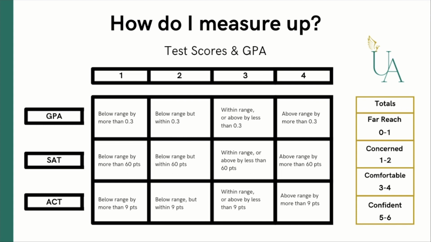Anything that falls between a 0 and a 1, we kind of want to put to the side in terms of applying to. That's a far reach. The reason why we want to do that is mainly because we don't really have an opportunity. Now, there's a caveat there. Let's say your parent works at that school. Let's say you have legacy, meaning that your family member went to that school and they might have some sort of legacy program for you to get in, or there's a pathway program that you heard about,